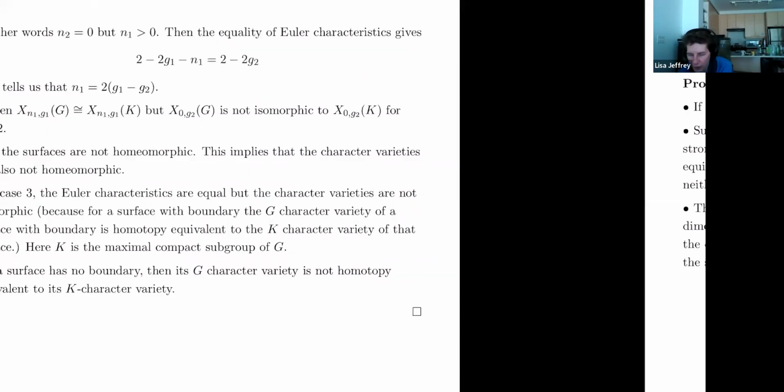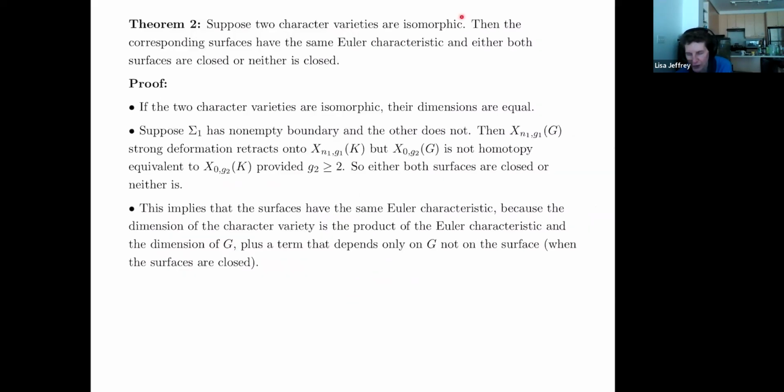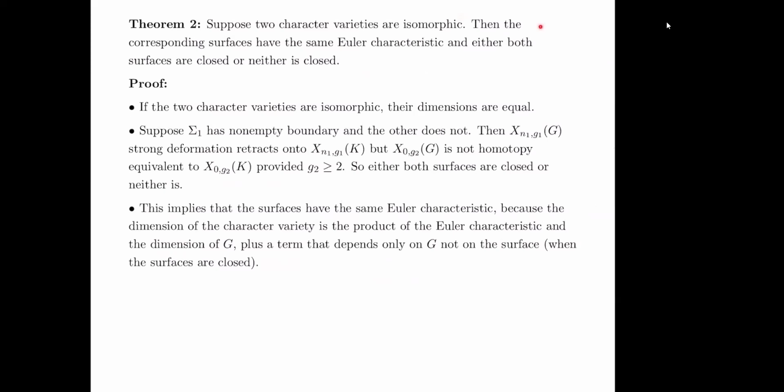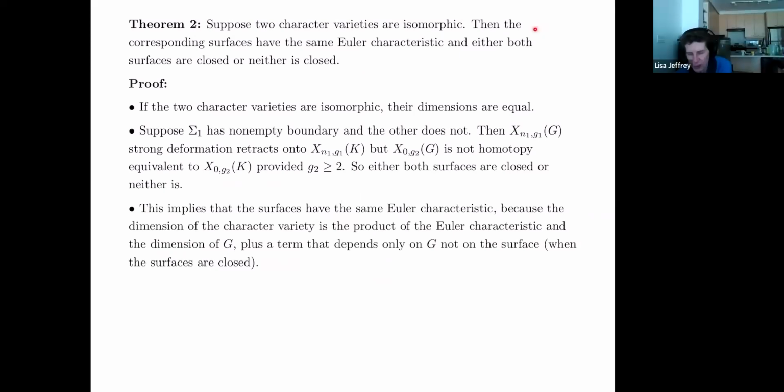Okay, so finally, if you have two character varieties that are isomorphic, then the corresponding surfaces have the same Euler characteristic, and either both surfaces are closed, no boundary, or neither surface is closed. This is basically because if the two character varieties are isomorphic, their dimensions are equal. And if one surface has a non-empty boundary and the other doesn't, then